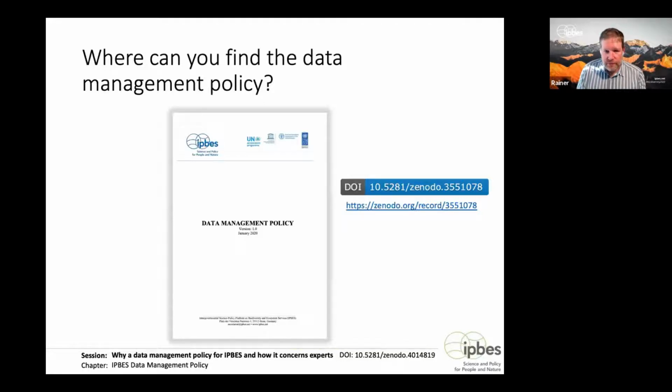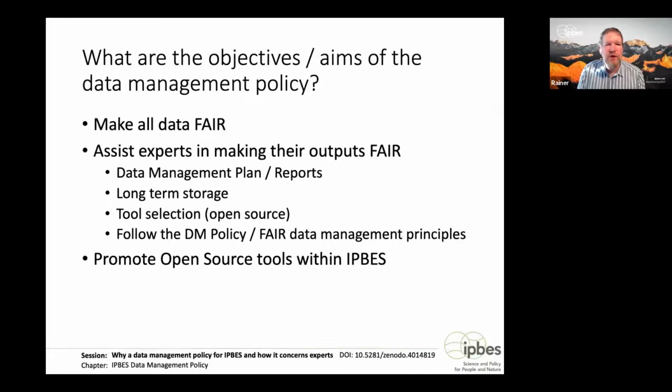So, looking a little bit closer into the data management policy, what are the objectives and aims of the data management policy? Well, first of all, as discussed already, it is the aim of making the data and the code used and the whole process of obtaining graphs, tables, and maps for IPBES assessments more FAIR.